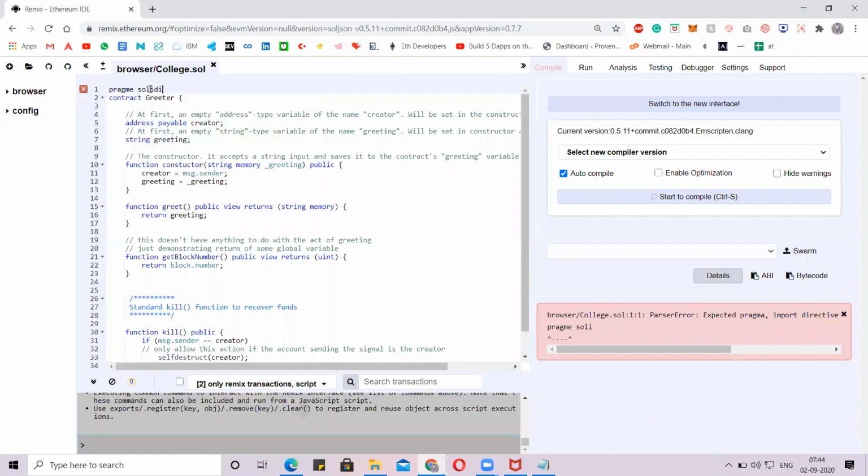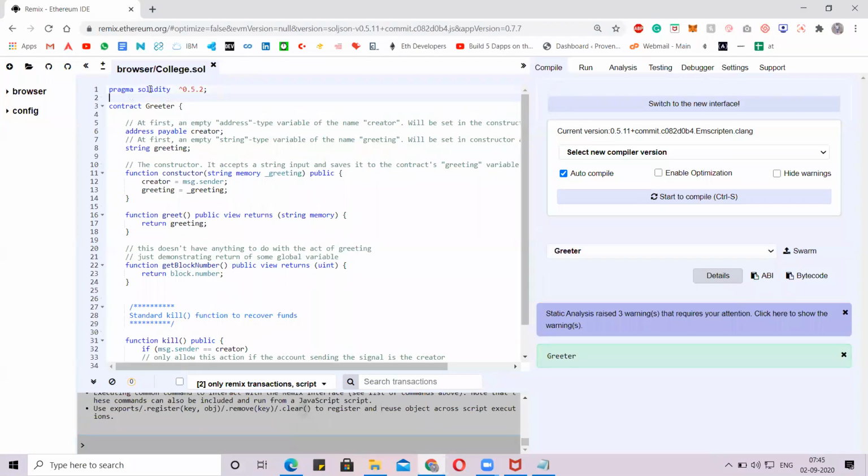pragma solidity, just a version, 0.5.2. We have declared a Solidity version.